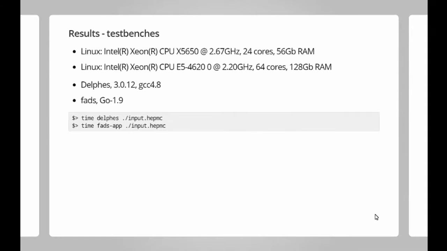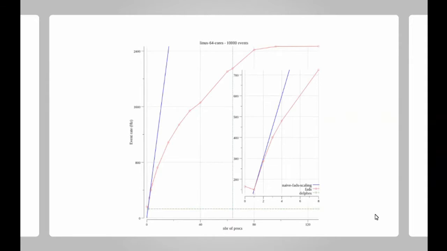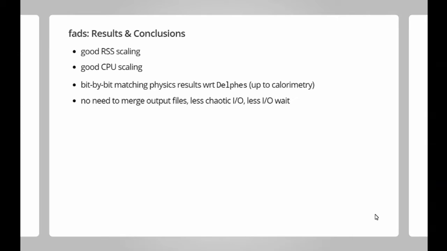I just timed it against Delphes on this 64 cores machine, some kind of big server, let's say. So this shows the amount of memory, RSS, against the number of threads that I'm running. So in red, this is Fast, and the flat line here is the memory usage of Delphes. So you see that around 30 parallel threads, I'm still using less memory than the first application. And now this is the event throughput, and you see here that already with only one thread, I'm faster than it. The line here is the hyper-threading limit. So good RSS scaling, kind of good,